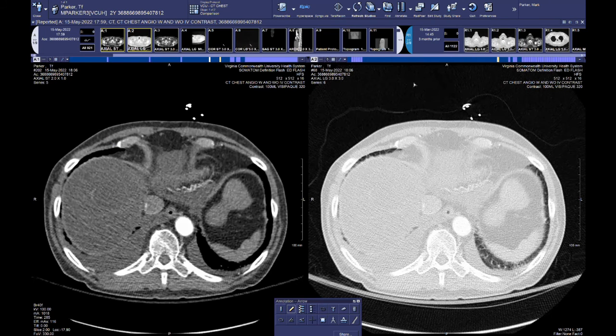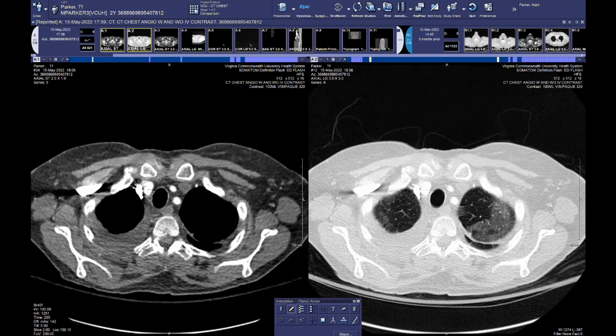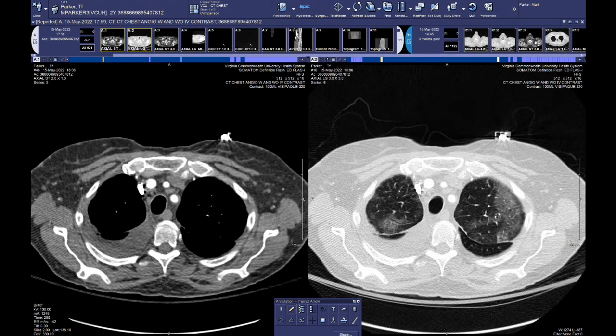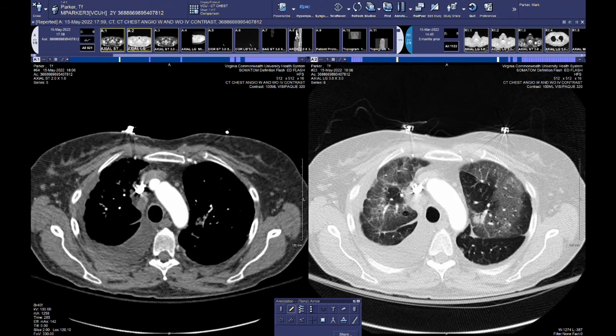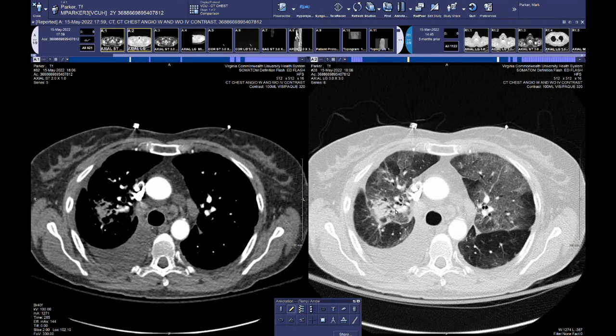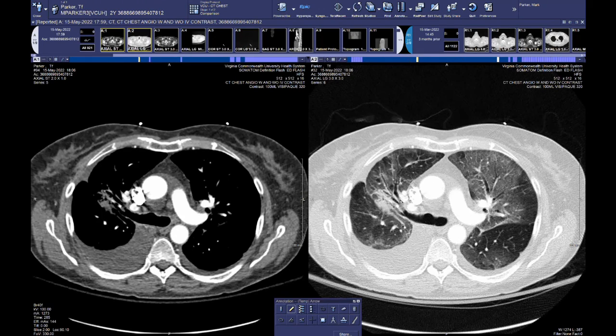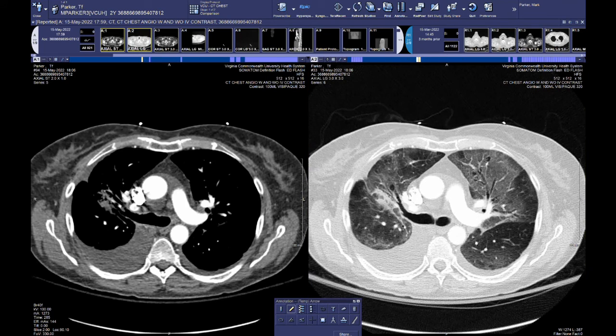If we go back to the lung windows, things have gotten more interesting again. Now we can see the superimposition of diffuse ground glass. We have airspace opacities. We can still see the vessels and bronchi through, as opposed to consolidation, which obscures the vessels and bronchi. We have the chronic volume loss in the right upper lobe with the organizing fibrosis and traction bronchiectasis, but that active disease process in that region of interest is for the most part resolved, and it's now just fibrotic.